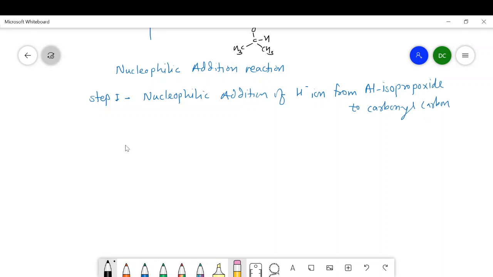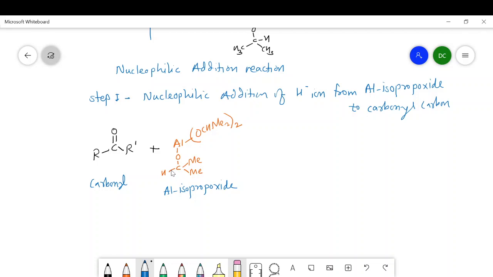I will write the structure of the carbonyl compound RCOR' plus the structure of aluminum isopropoxide. While writing the structure of aluminum isopropoxide I will keep Al here, then I will write O, and here is the bracket, here CH Me twice, and in three groups I will write only two groups, and the last, third group, I will write like this: C, then H, and here there are two methyl groups.